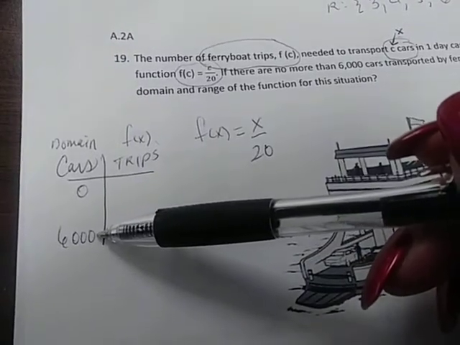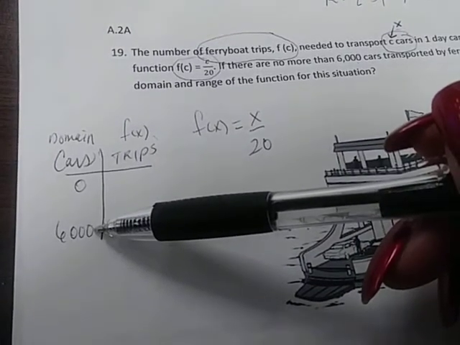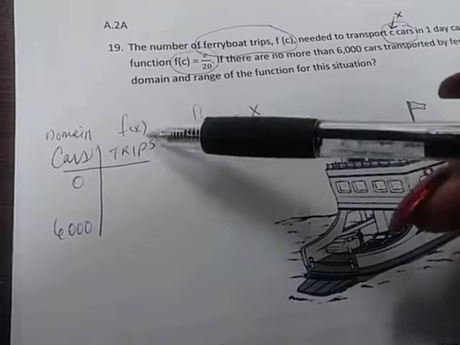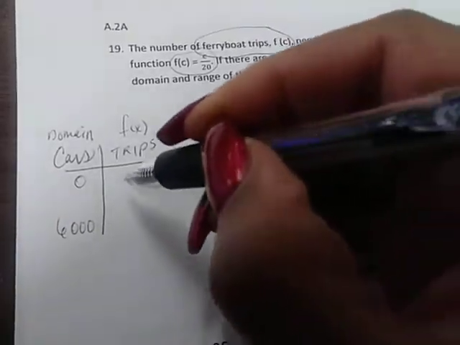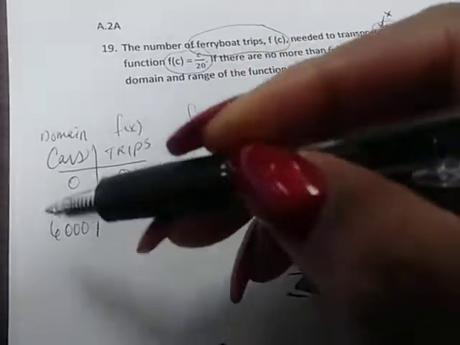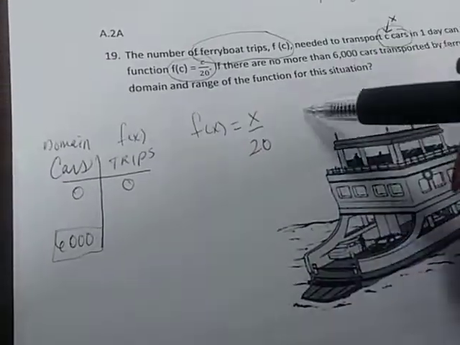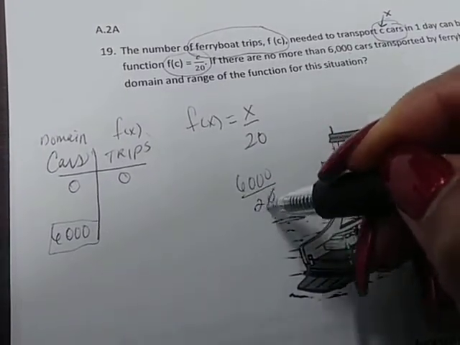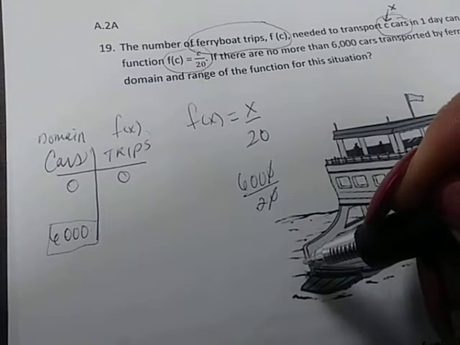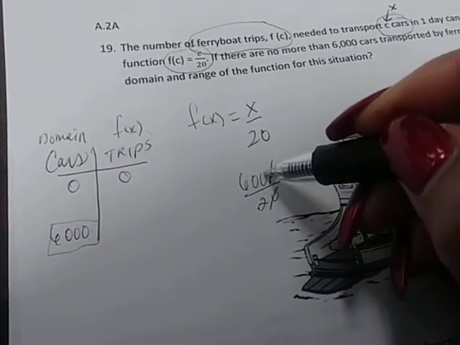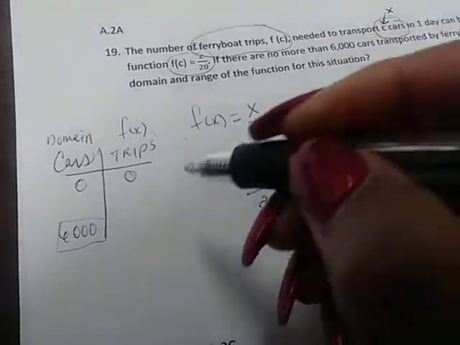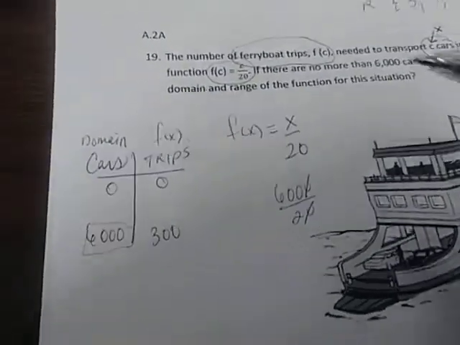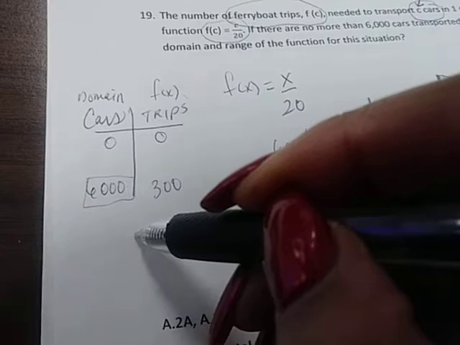And now we want to look at what happens when you have 6,000. 0 cars, of course, 0 trips. So what do we do with the x value? We plug it in. Now you're taking 600 and splitting it in half, so it's now 300. So what's the domain? From 0 to